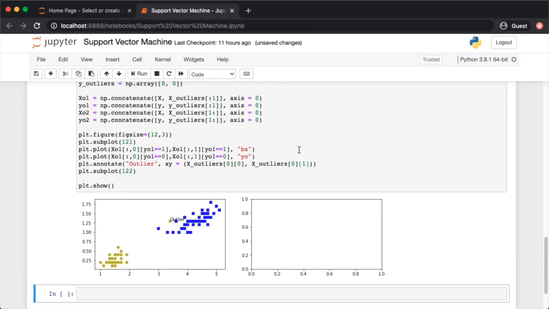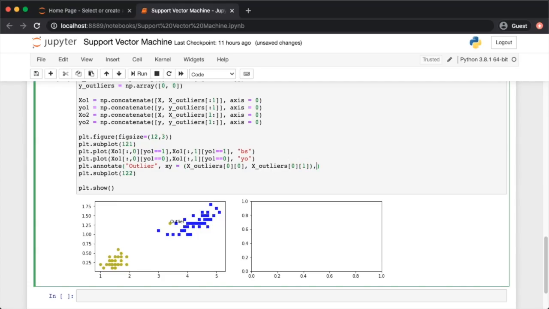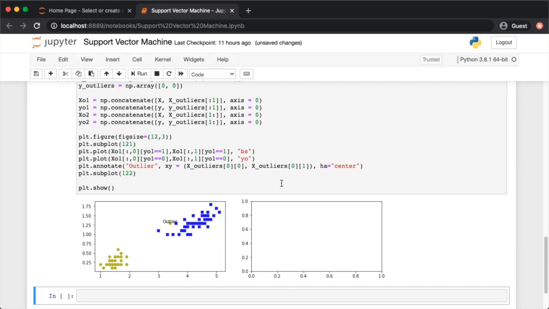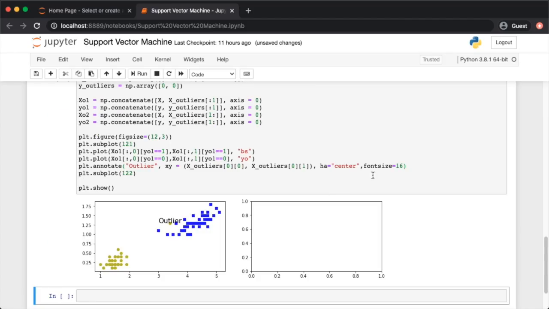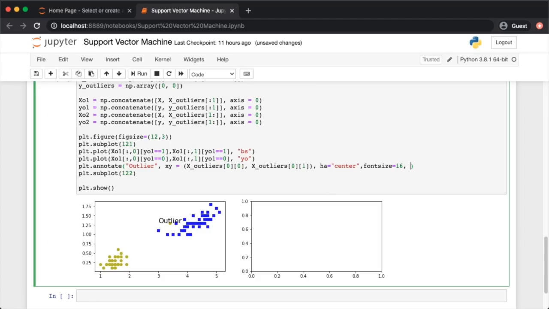Okay, let's fix this by including a center. Okay, let's increase the font size, say 16. Okay, now